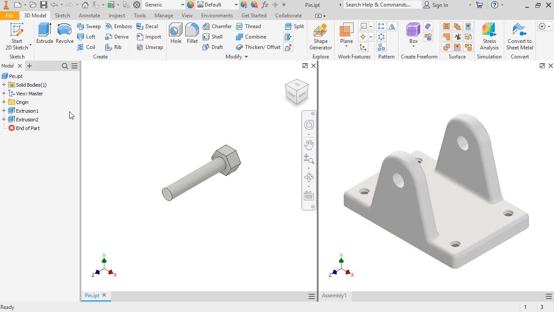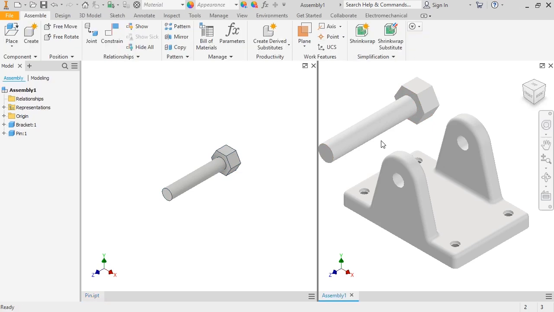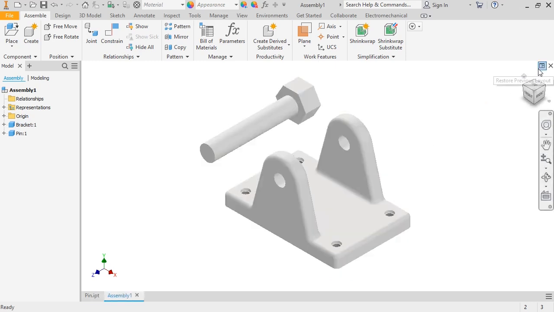In order to drag the part into the assembly, I'll make sure the part window is active and drag the part's icon from the browser, not the part's design window, into the assembly design window. Of course, if you need multiple instances of the component, you can simply keep dragging it in from the browser. With the pin added in, I'll maximize the assembly window